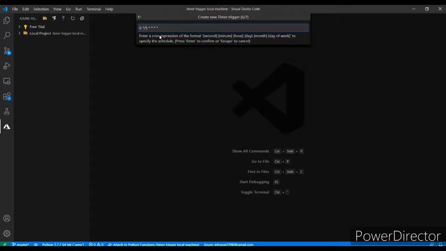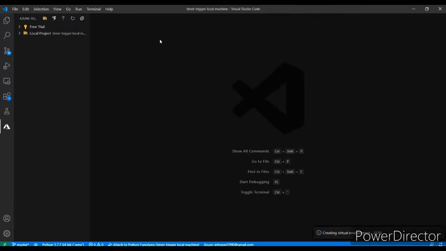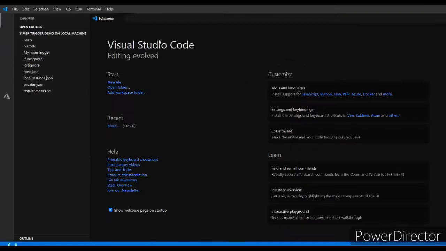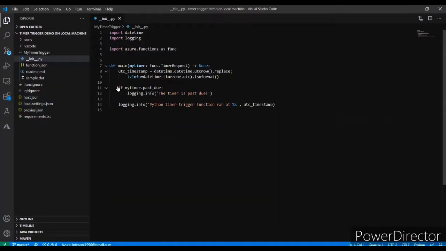You need to specify your own expression. So I just run my function every 30 seconds. Open current window. Okay, so my function is ready.